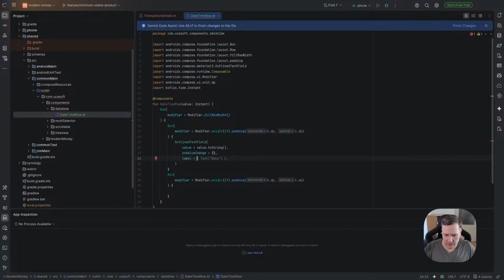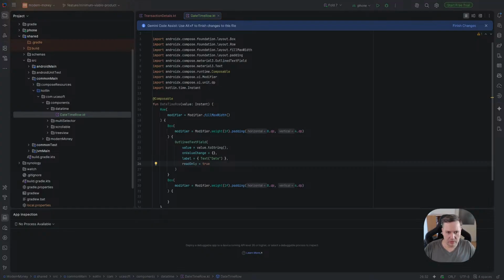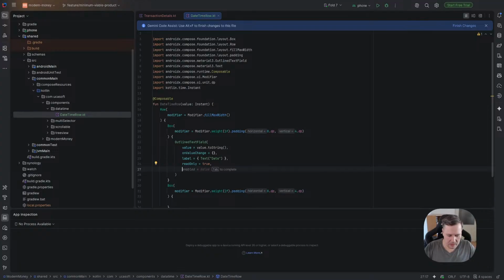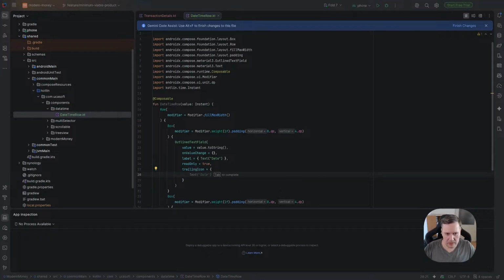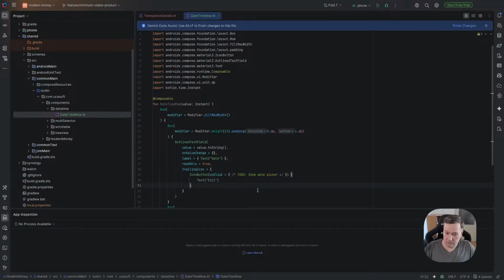I hope you see my screen. Yeah, good. It's text date. It should be read only. It's correct. And we also need here a trailing icon. Yeah, so I would like to show something. No, it's not text in this case. I would like to have an icon button. And yes, good. But we will not use text, of course. We will use icon, and inside it we can use